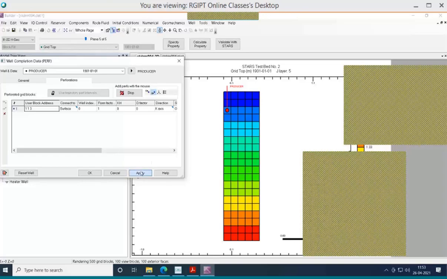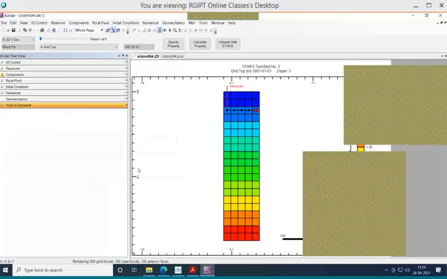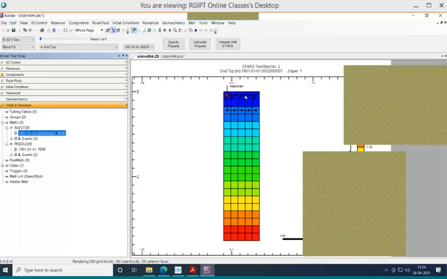Okay, apply. Now it will come to 1. Then the next perforations 213, 313, 413, 513. Apply. Okay. And also you have to change the injection fluid as well. Amir, this is how we can do that. This is the injector and this is the producer.